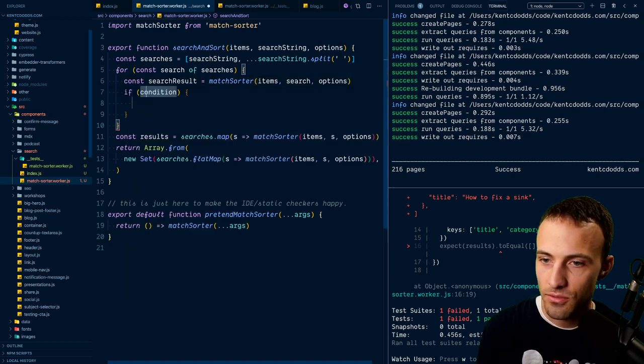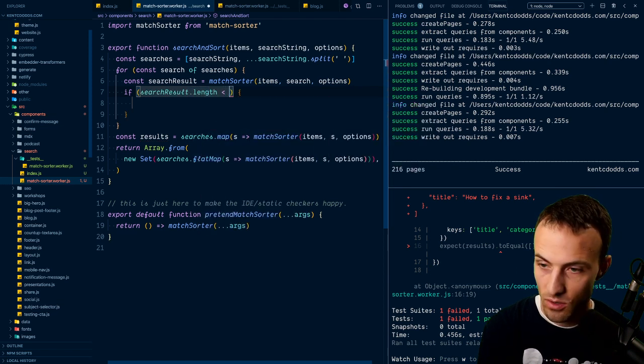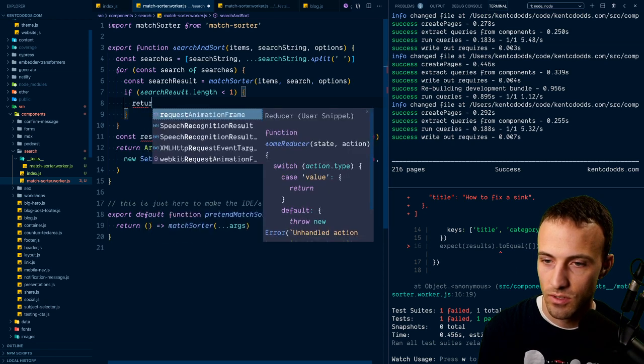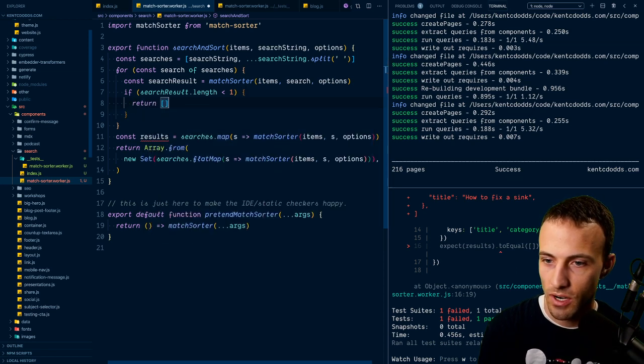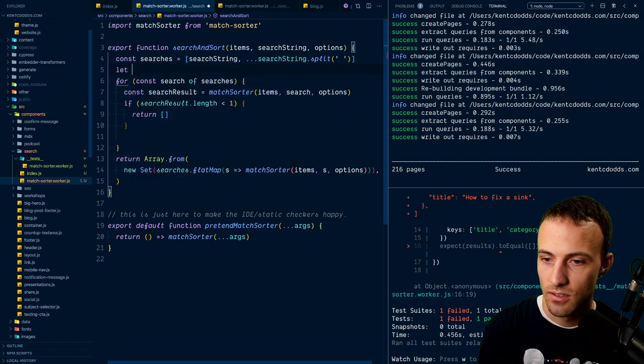And we'll say if search result dot length is less than 1, then we'll return an empty array. We'll do a quick exit. Otherwise, we'll let our results equal this,